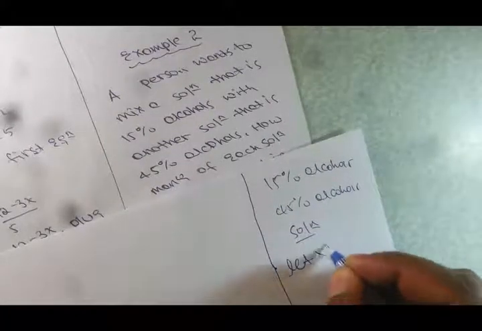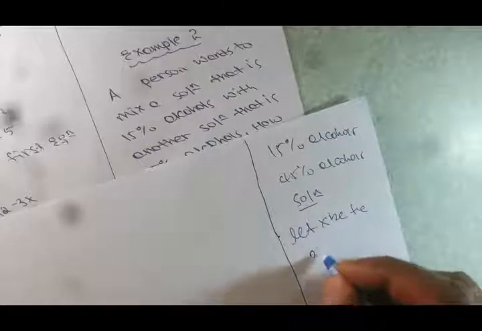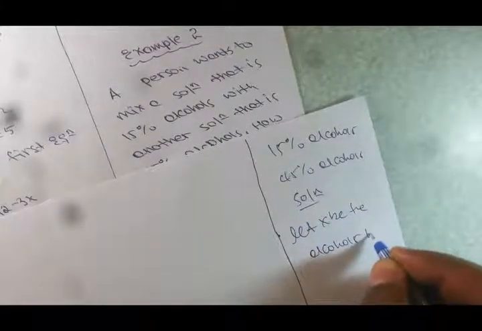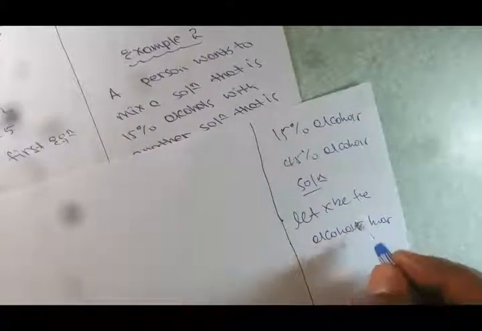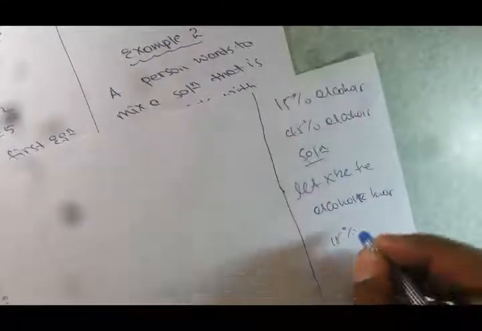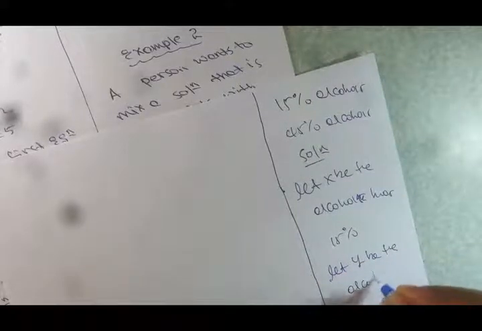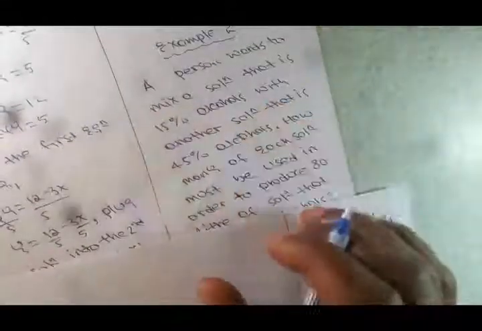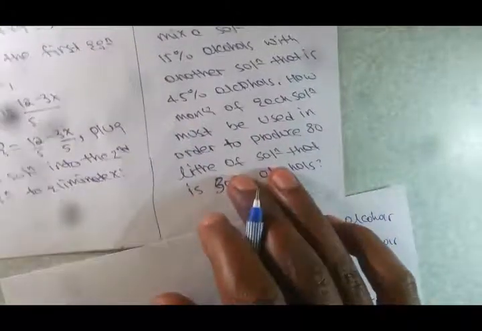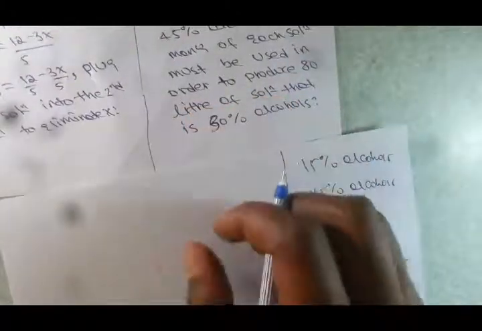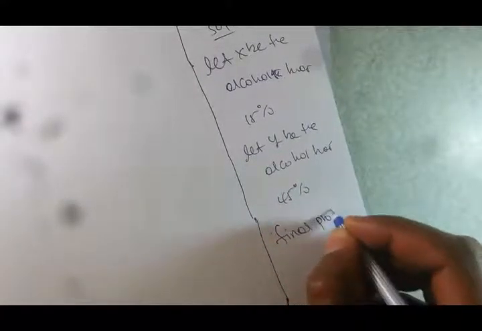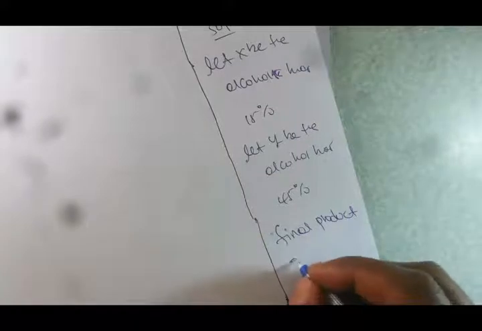Let x be the amount of the 15% alcohol solution and let y be the amount of the solution that has 45% alcohol content. How many liters of each solution must be used in order to produce 80 liters of solution that has 30% alcohol. And the final product is to get 18